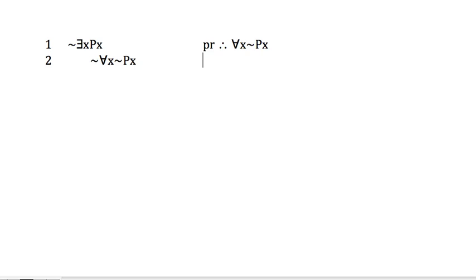So this, again, is an assumption for contradiction. And as you might expect, we need to get a contradiction with one of the lines we already got. The obvious candidate is line 1,